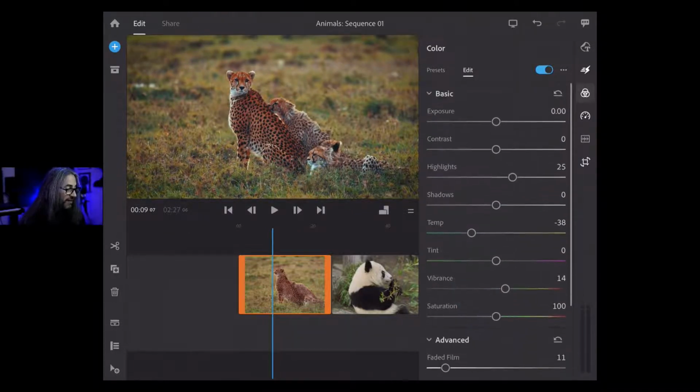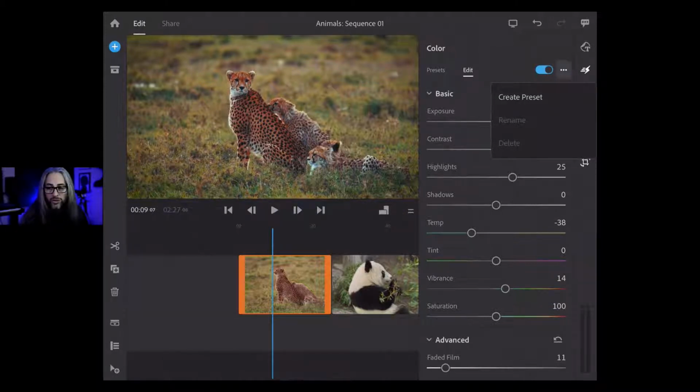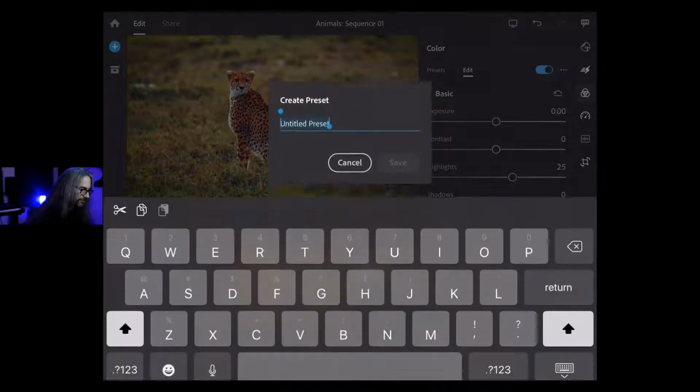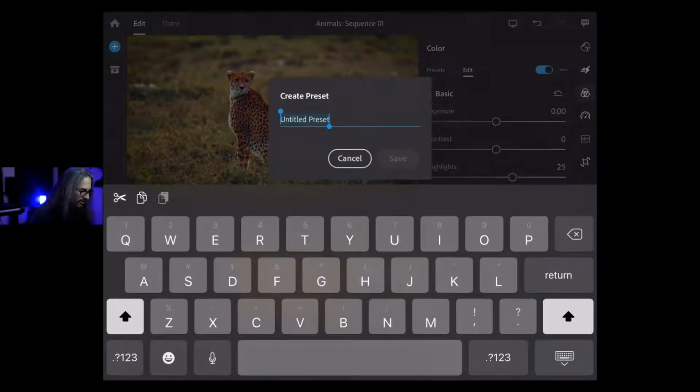Now, if you happen to tweak something and modify something, in this case we started with the preset and now we're modifying additional tools, you have the ability here to create your own preset as well. So I could come in here and say create preset, and we could call this,